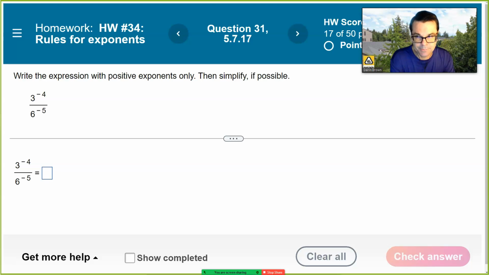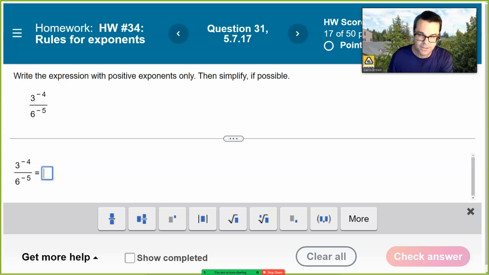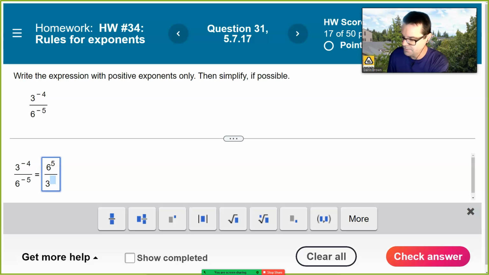Okay, so here's a good example of one of those. The one where if you have a negative exponent in a fraction, you can flip it. So we can immediately flip this and say the 6 to the negative 5 on the bottom is going to come on top, and the 3 to the negative 4 on the bottom is going to be 3 to the 4th. Now, I could do 6 to the 5th, but I'm going to use a little shortcut here. Be smart. Remember, 6